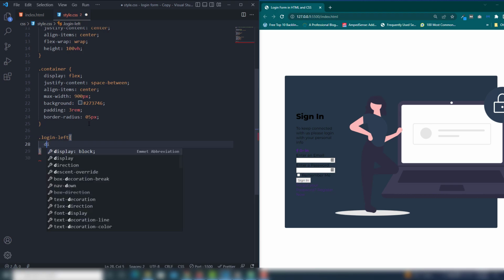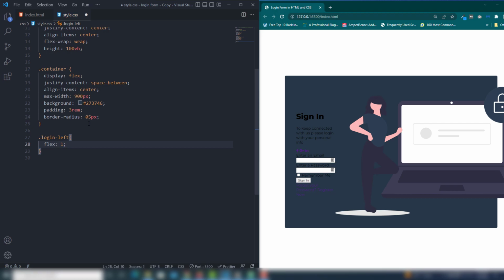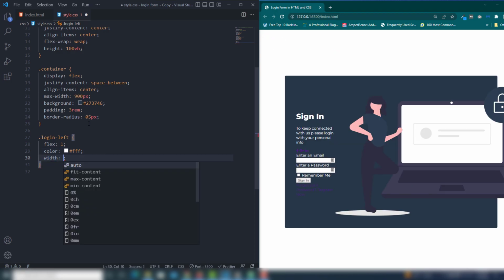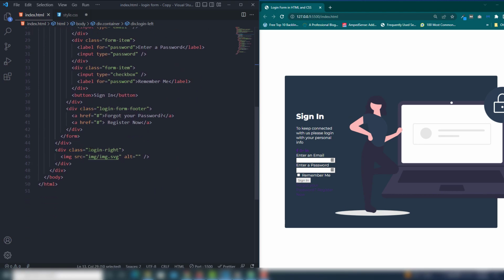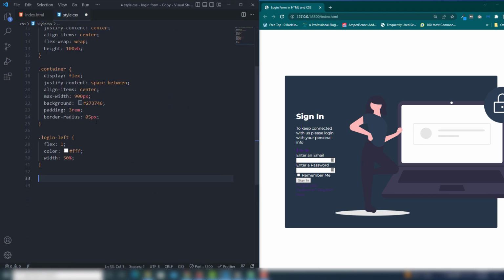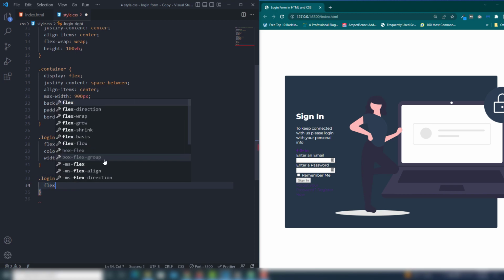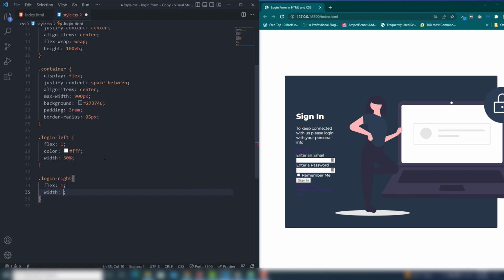In the login left I'm gonna call the flex 1, color will be white, and I'm going to use width will be 50%. Perfect. And also I'm going to select login right, and I'm going to use flex 1, width will be 50%,